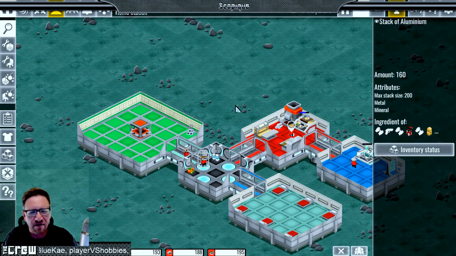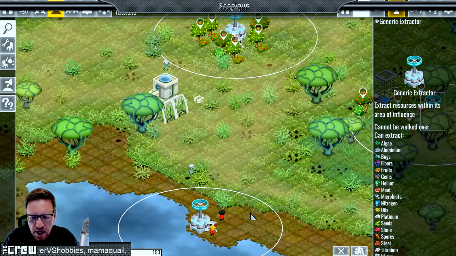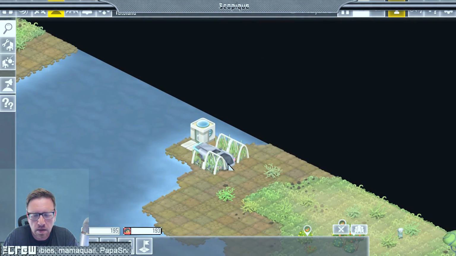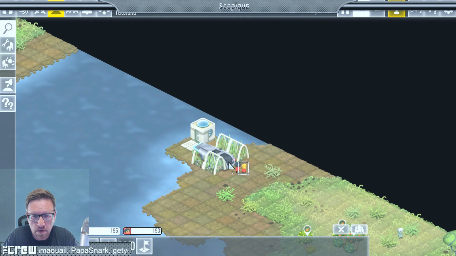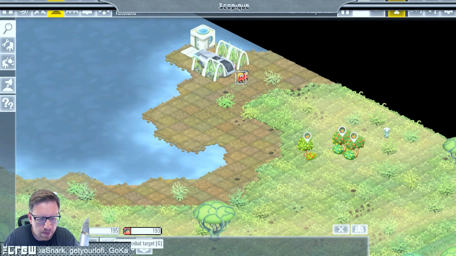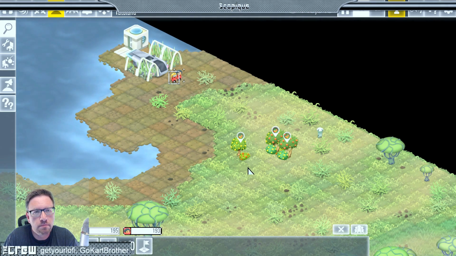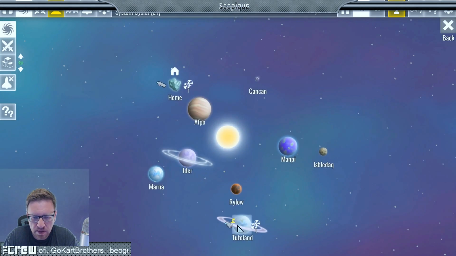Okay, so they're moving stuff out of our teleporter room. Finally. And hopefully that will help. Alright, so these guys, can I get them out of here? Well, they're kind of already. I guess they're kind of, I don't know. I need some way to... Alright, so tell you what, let's get